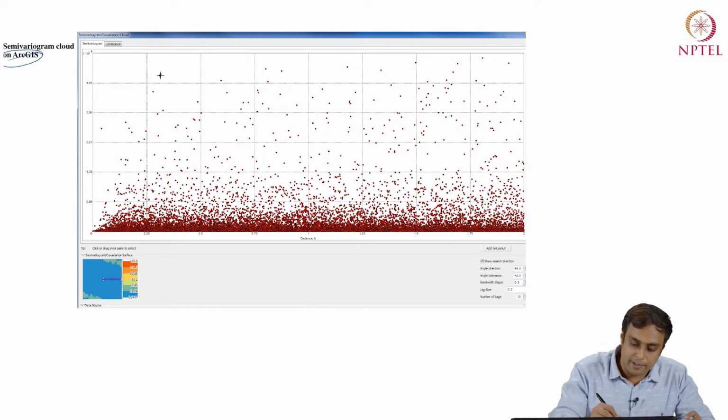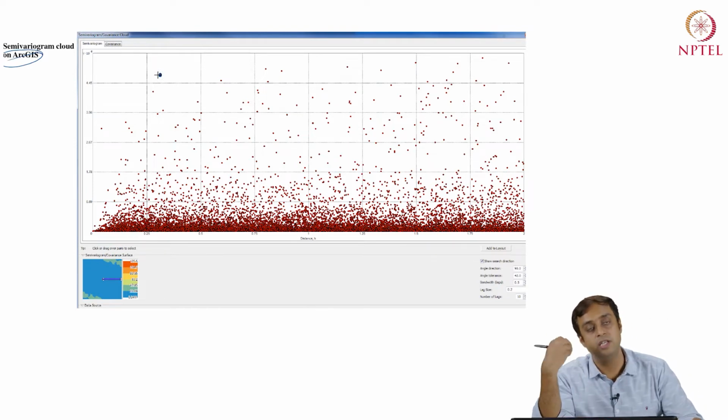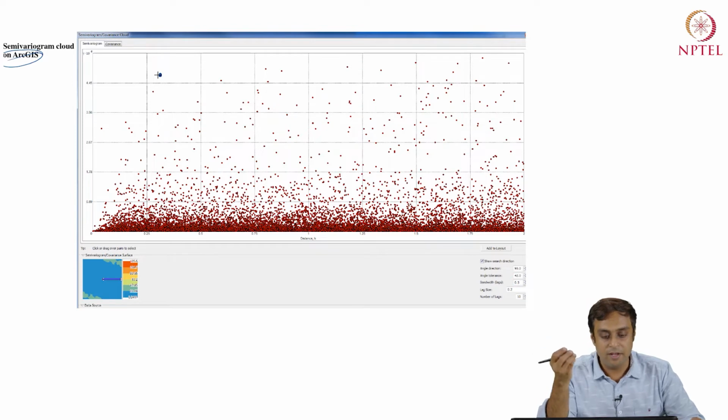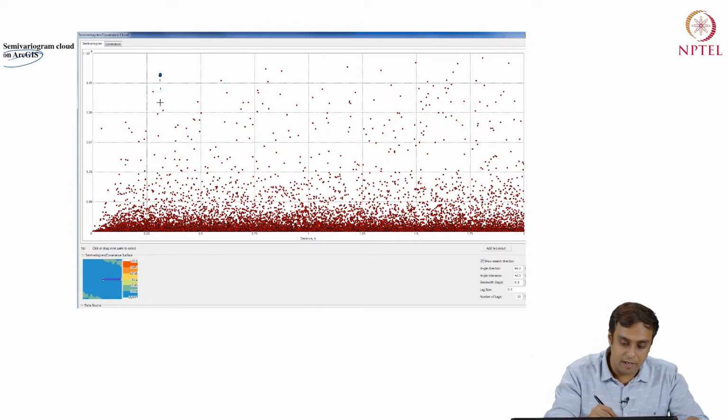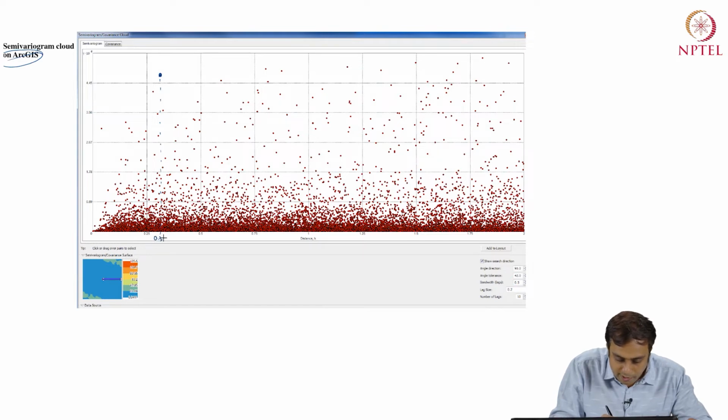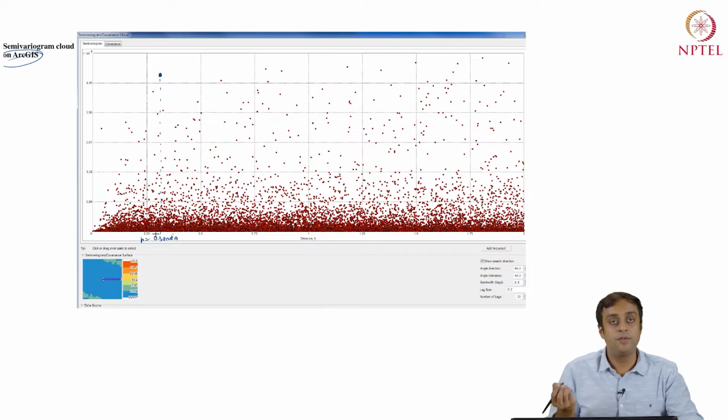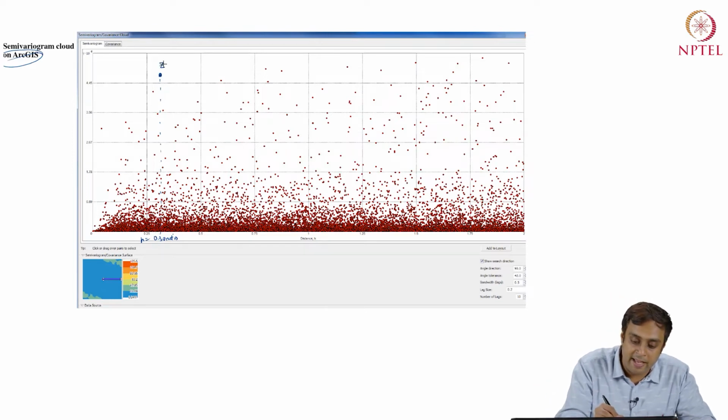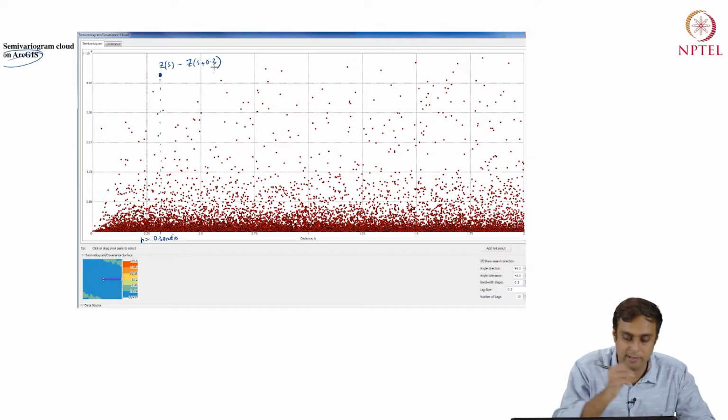Every data point that you see on this graph represents a given lag vector h. For example, the one I have marked in blue represents a lag of about 0.3 units. So, h is 0.3. For this h, I had z of s and z of s plus h, that is 0.3, let us say.